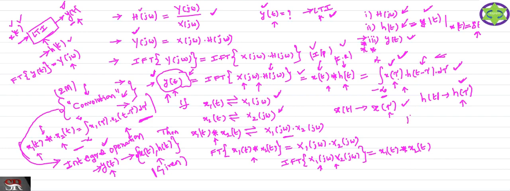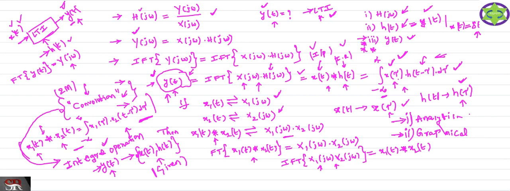If you want to perform the convolution operation, here we have two types. One is the analytical method, and the next method is the graphical method of convolution. The same integral operation we are going to perform using two methods: the analytical method and the graphical method. These are the two methods to perform this convolution operation.